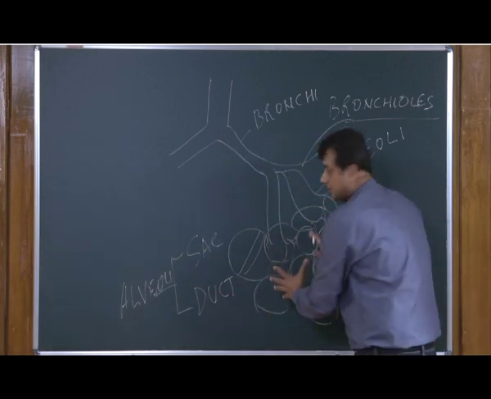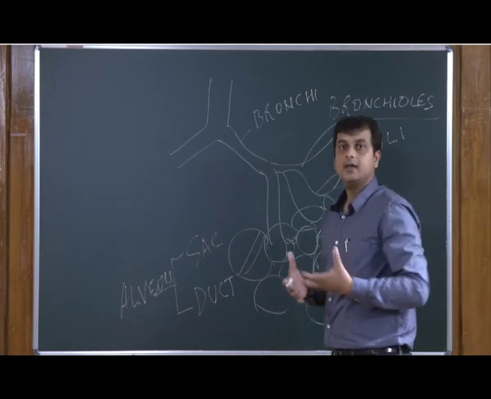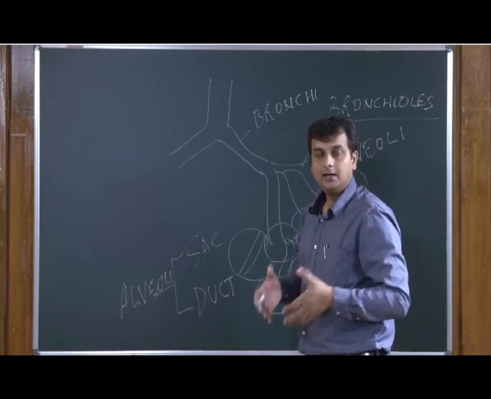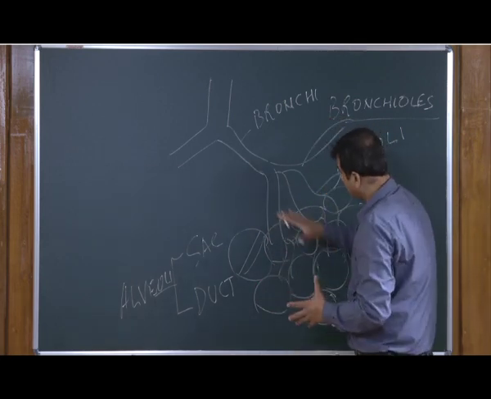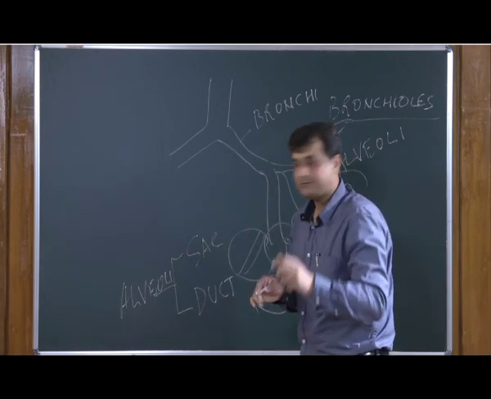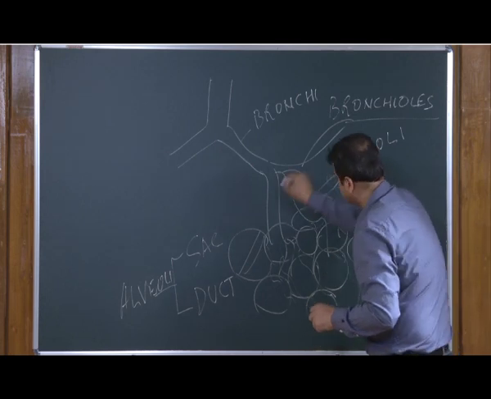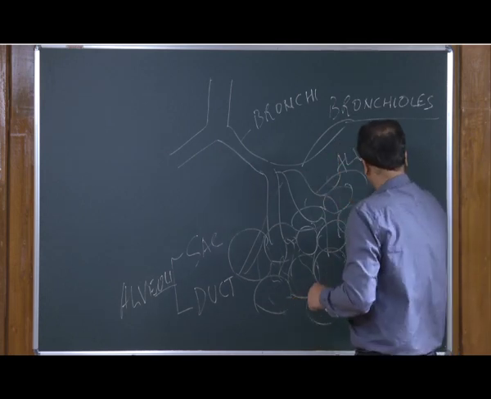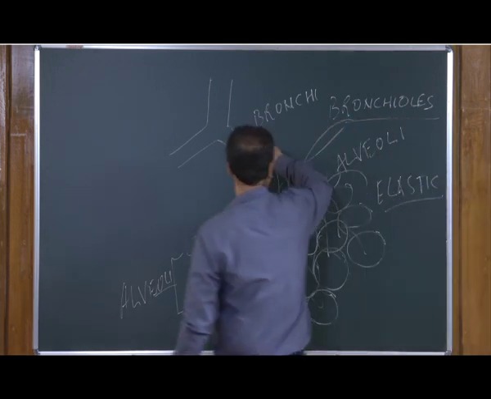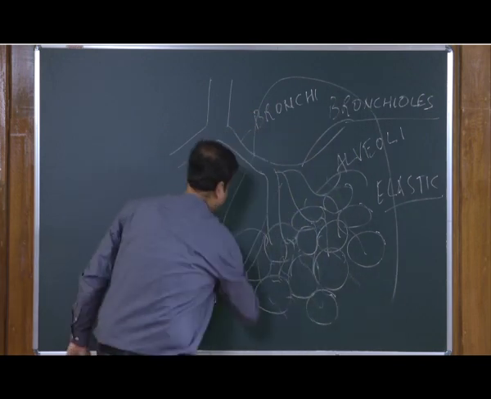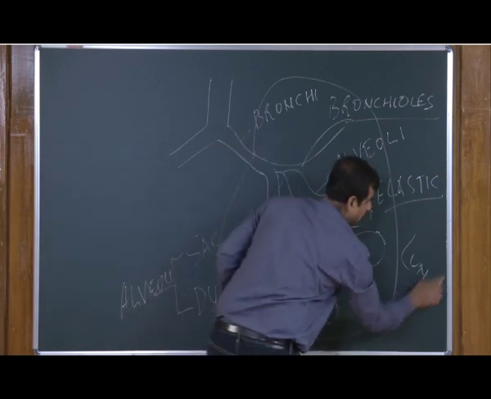Now, this structure is quite elastic because we need to inspire the air. Once air is going in, there is huge flexibility, and because of this flexible movement, the structure expands in and out. So we need very specialized elastic fibers. Small elastic fibers are distributed throughout this area, and of course, this whole area is what we call the lungs.